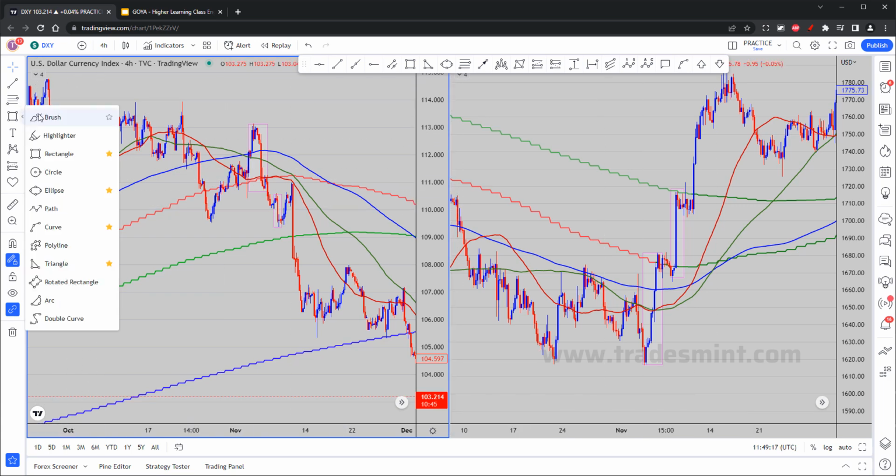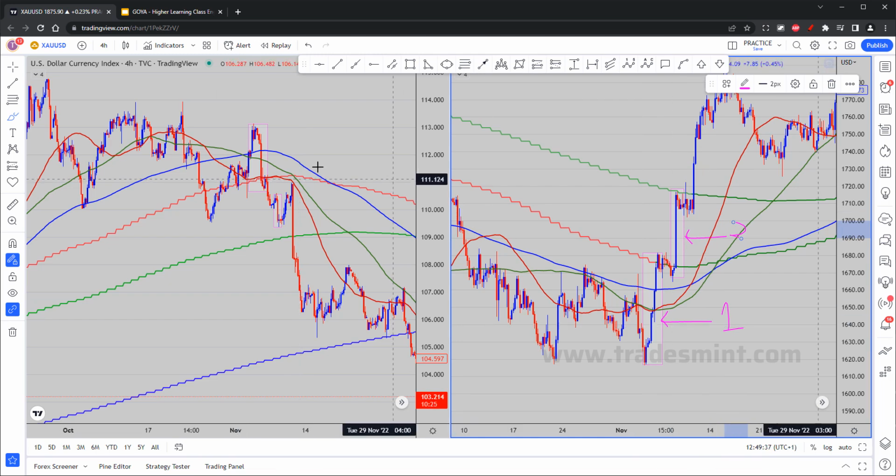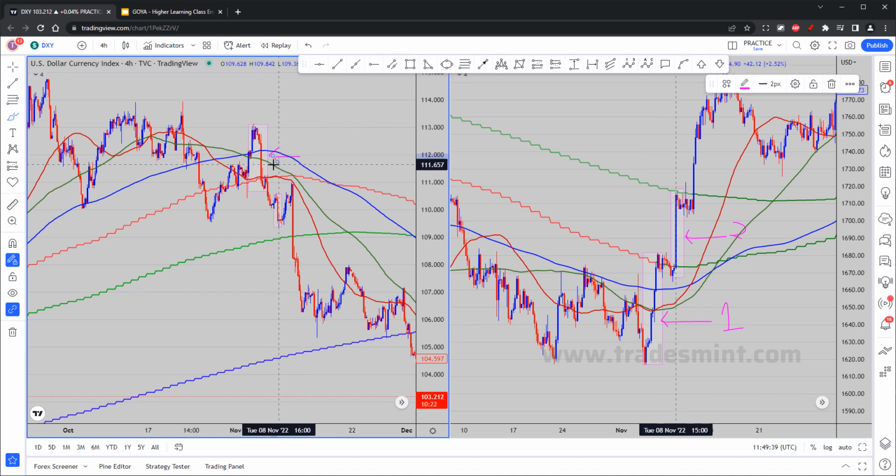So if we take this first move and the second move, the second move is slightly smaller than the first move. Let's say this is 1, this is 2, but it's about 75%. Number 2 is about 75% of the length in terms of pips of the first one. But if we look at the DXY reaction, we see that the first sell-off, number 1, is a lot bigger than the second one. So the second one is a bit more soft, okay? That could give us an idea that maybe the sell-off on the USD is getting weaker and weaker. We can expect a retracement before continuing on our way.